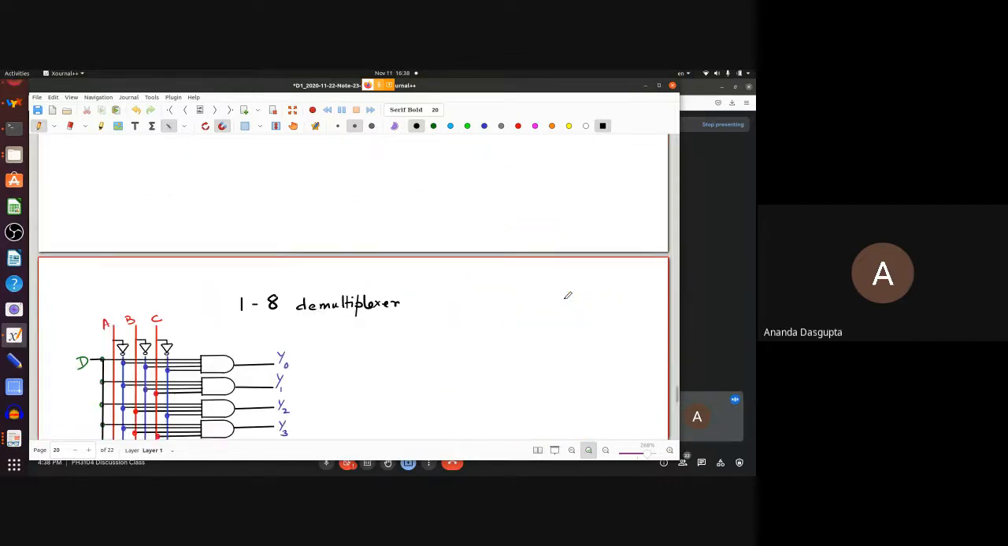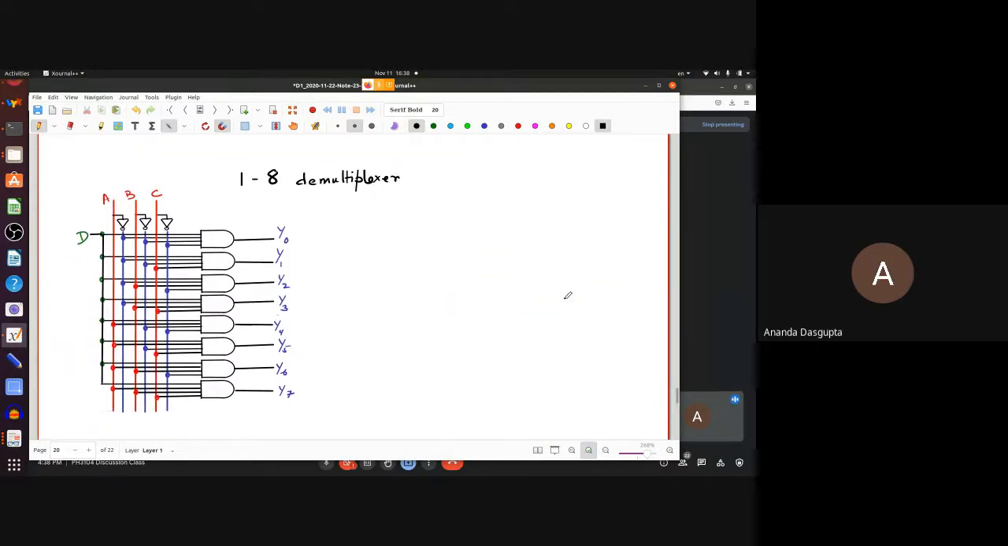Now, the next circuit sounds a bit complicated. It's called a 1 to 8 demultiplexer. The reason why I'm talking about this right after the binary decoder is that actually this is almost identical to the binary decoder. Except for the fact that there we wanted 10 possible outputs because we are doing binary to decimal. Here we are actually looking at 8 possible outputs in this particular circuit, Y0 through Y7,